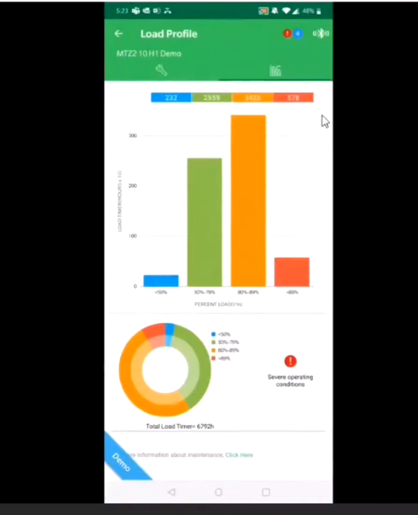What I can do with the MTZ is go and see that my loading profile is always below 50% of full rated capacity. It means I can load this breaker, correct. If my loading profile is always more than 89%, it means I cannot put extra load on this breaker. So you will get the entire loading profile and the hours, meaning in this zone, how many hours your breaker has operated at what percentage loading.